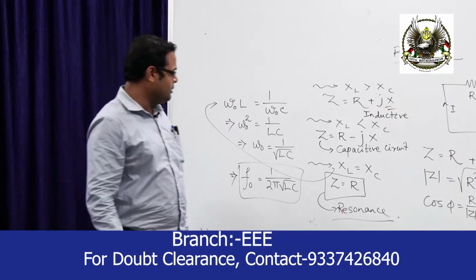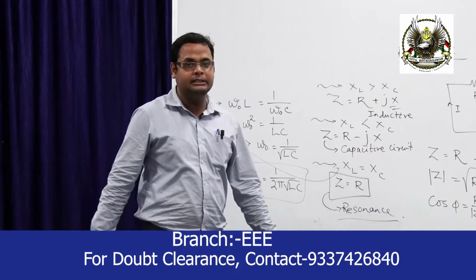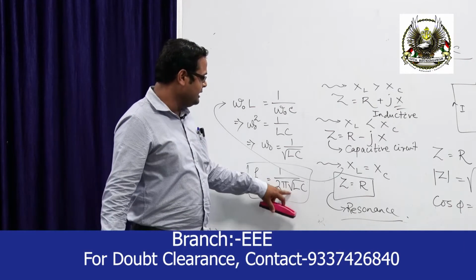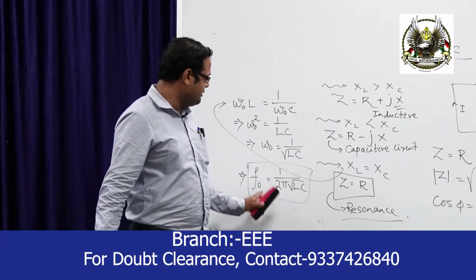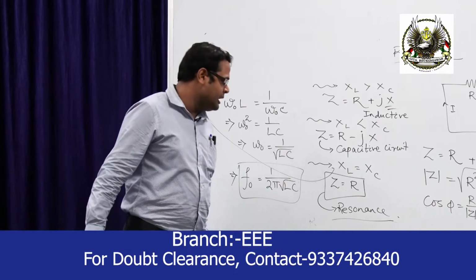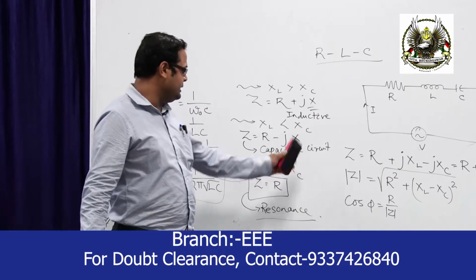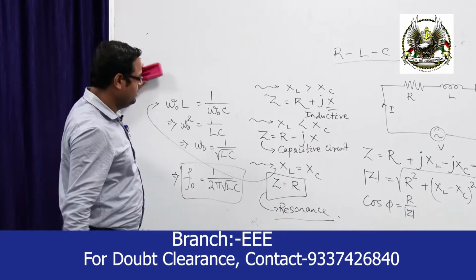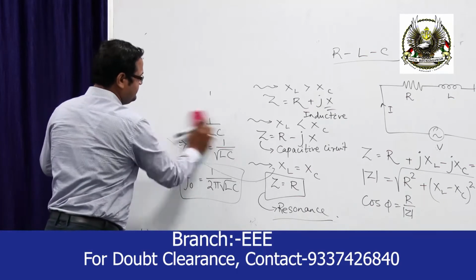So, if in a particular question it is given that the circuit is under resonance and you have to find the resonating frequency, then you can directly put this formula and you can find the resonating frequency, and at resonance your XL is equal to XC and your Z is equal to R. So, if we summarize,